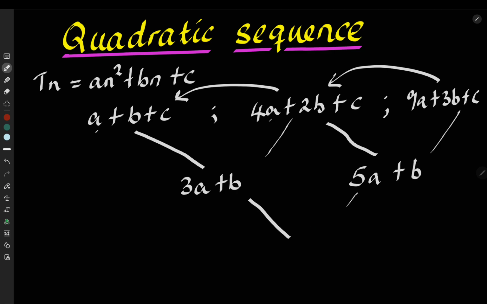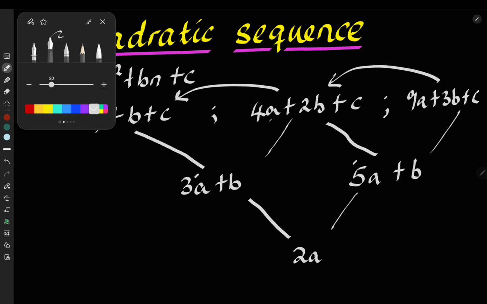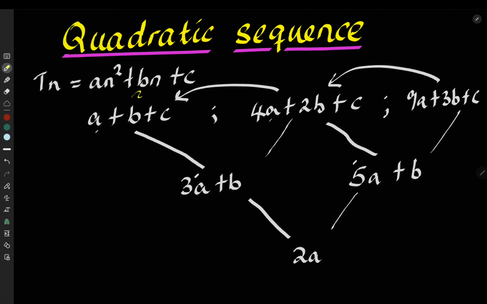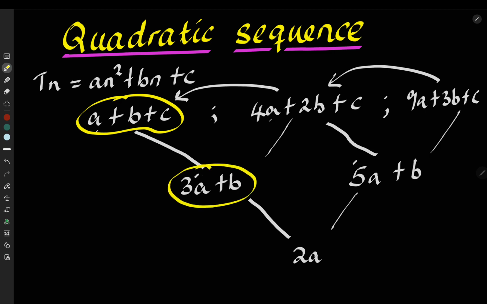So then let's find the second difference. That will be 5a minus 3a, and that will give us 2a. And b minus b is just 0. So I'm sure you're quite familiar with these formulas. This is how you calculate your first term, so you use a plus b plus c, and how you determine the first difference. The first difference will be determined by 3a plus b, and also the